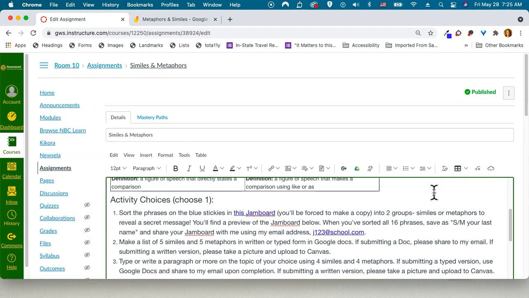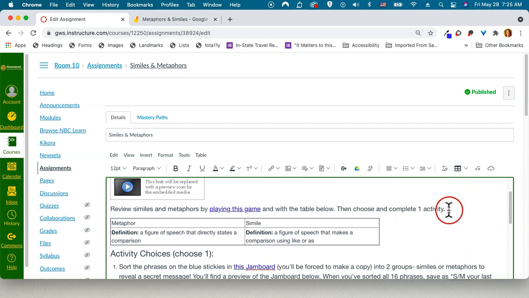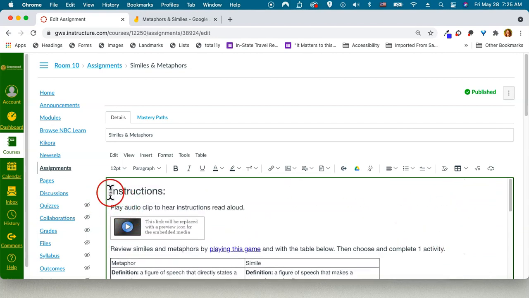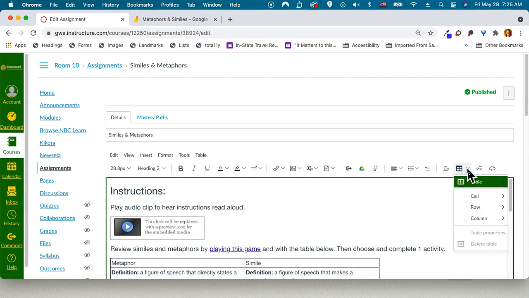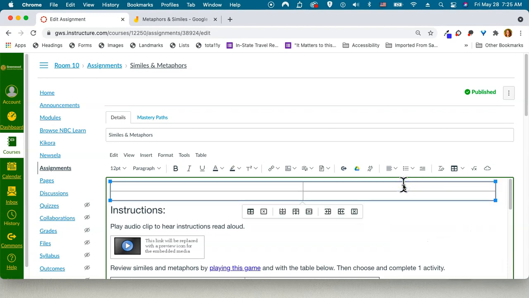I would select where I wanted to insert the table. In this case, my cursor is at the front of instructions, and then go into the menu buttons and choose Table from the left-hand side. I'm going to click on the drop-down to insert a table that would be 2 by 2 selected in the grid from the table drop-down. Once I click, the table is inserted. And this is what it would look like before I add text. Since we don't need this table and I was just modeling how to insert it, I'm going to delete it.